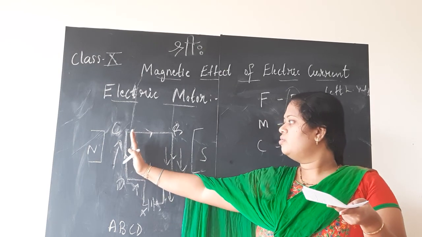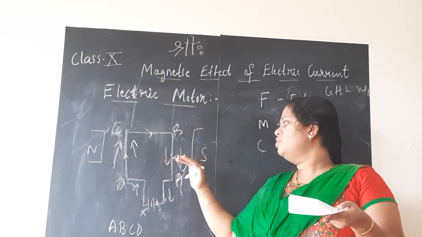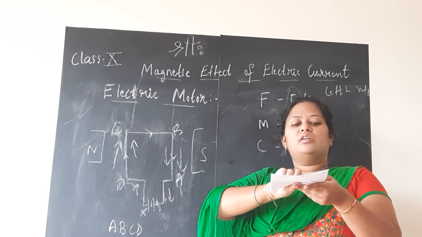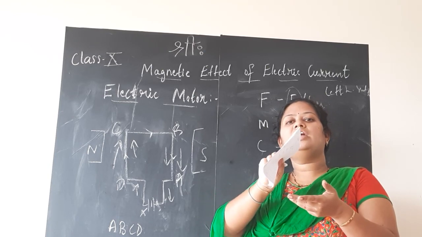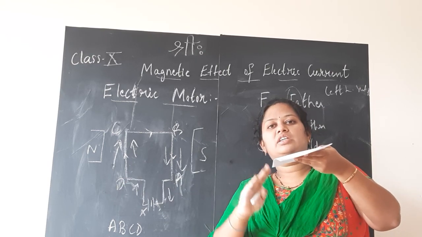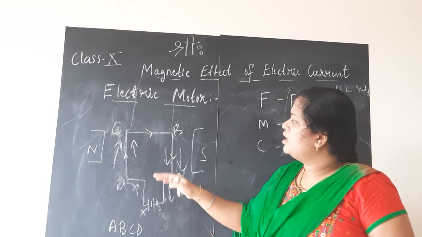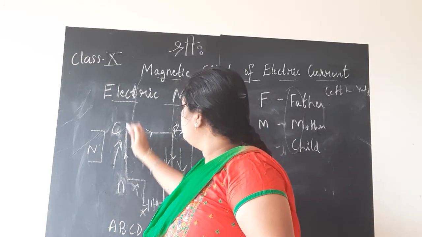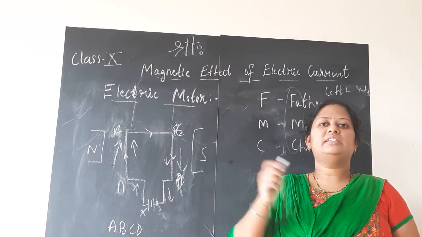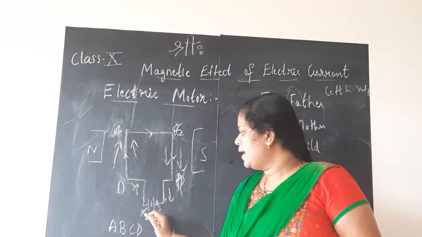One thing you keep in mind, children: towards the north pole of the magnet the force is always acting in the upward direction, whereas towards the south pole the force will pull it down, will act in the downward direction. So now with DCBA, again the force on arm CD is acting in the upward direction, means it is pushing up, and again it will rotate and come back to the ABCD position. We are playing with alphabets today. ABCD, DCBA. Again ABCD, DCBA, like that it will happen.